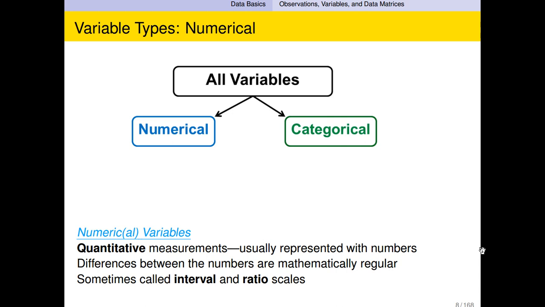Because a variable, all the observations in one variable need to be the same type of data. And so when we're talking about variables, we're talking about types of observation. Observation, or measurement, is the process of assigning symbols to observations. So you learn something with your senses, like you read it or you see it or you hear it or something,